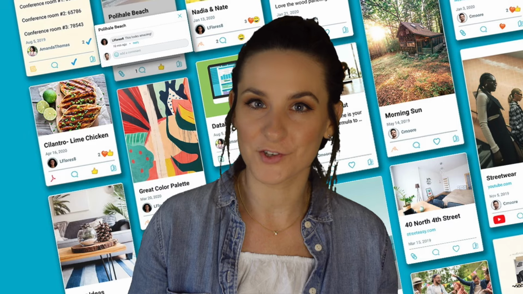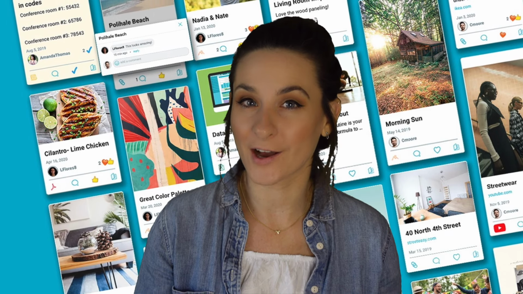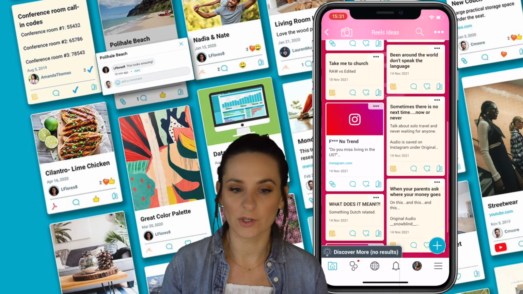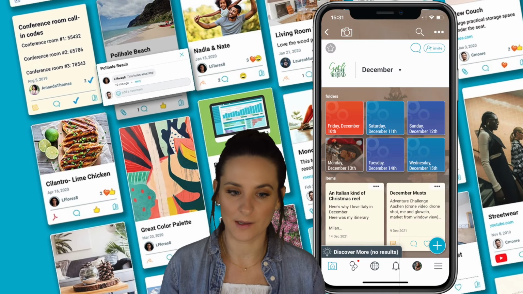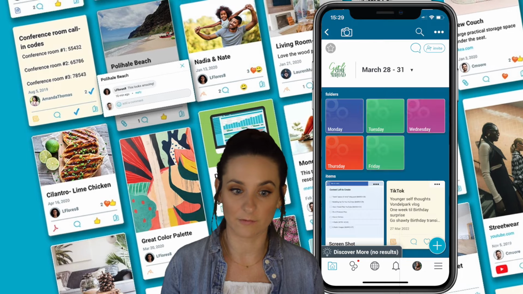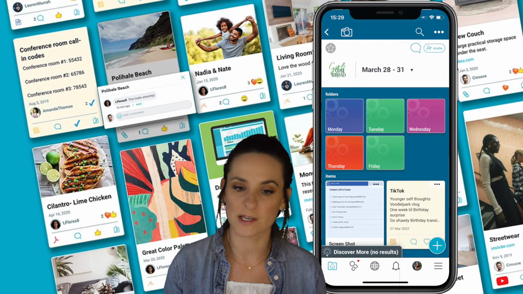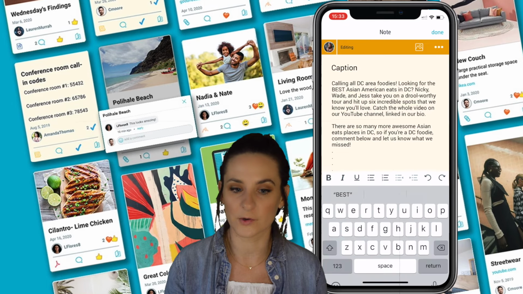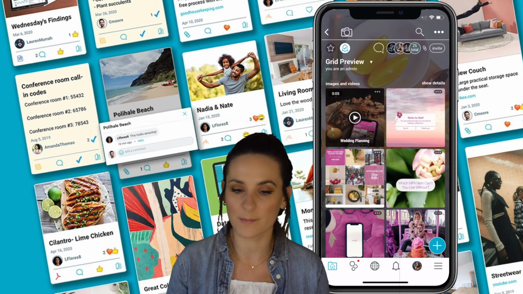If you're all about social media, BubbleUp can help you plan out your posts, and it's also a really great space for brainstorming. You can organize your content monthly or weekly. And if we're talking about Instagram, for example, you can upload the images and write your captions and hashtags in a note. You can see how your photos will look side by side by viewing them in grid view.